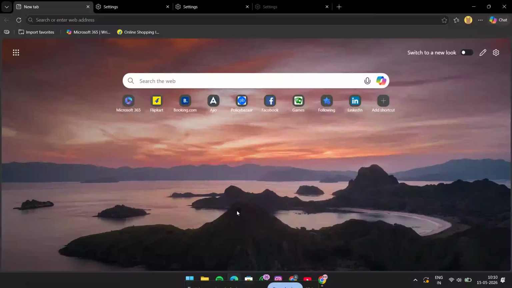In this video, I'm going to show you how to block pop-ups in Microsoft Edge quickly and easily so you can browse the web with fewer interruptions and a much cleaner experience. If you've been getting annoying pop-ups, redirects, or unwanted tabs opening in Edge, this simple setting can make a big